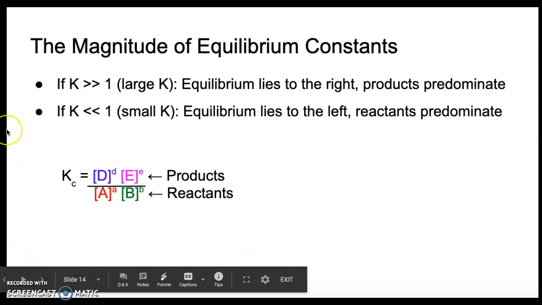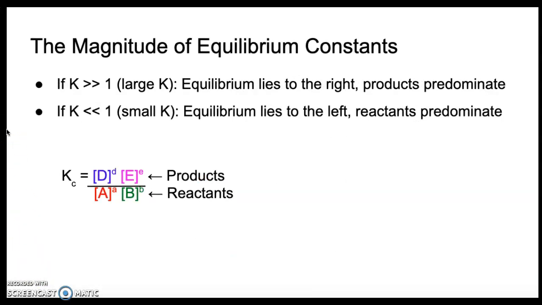All right, so thinking about the size of the equilibrium constant. So if we're looking at our equilibrium expression here, we can see again that it's products over reactants. And we want to think about what does it mean if the value for our equilibrium constant K is very big or very small. Right, so in this first situation, if K is much larger than 1,